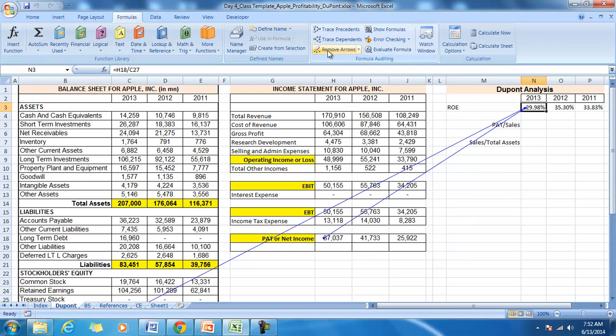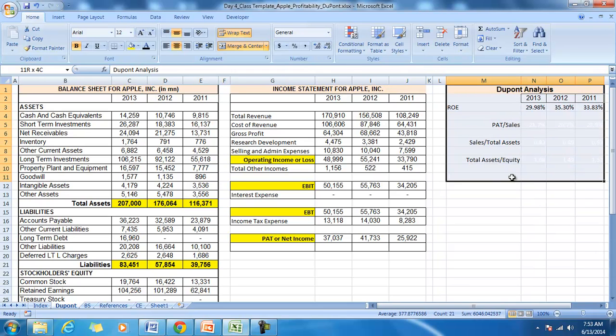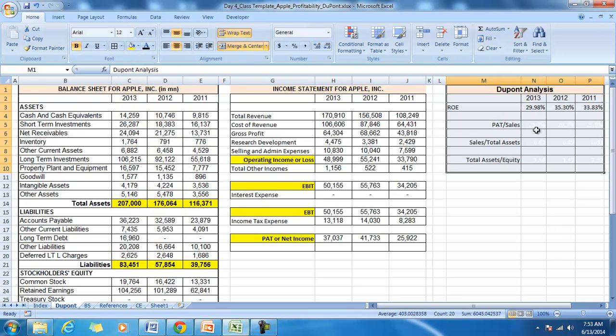So that means the investors, the shareholders, are getting a return of 29.9, approximately 30%. And it is necessary to understand how this is happening. How could Apple do that? In order to understand that, we would like to undertake an analysis of decomposition of this return on equity. And as we already mentioned, the decomposition is PAT by sales, sales by total assets, and total assets